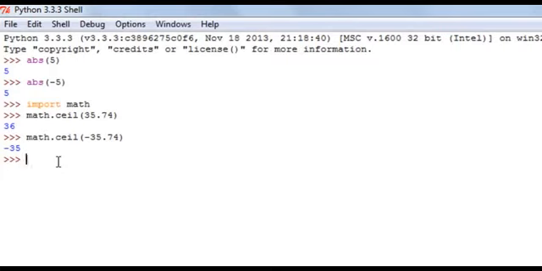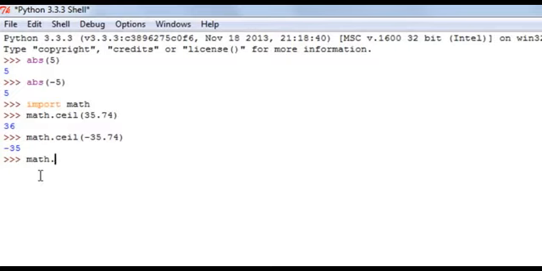The next function that we're going to check out is the exp function, and the exp function returns the exponent of a number that's passed as an argument to it. And again, you have to use the math module for this, but since we imported it once in this shell session, we won't have to import the module again. But again, to use the function, we'll have to type in the name of the module first, which is math,